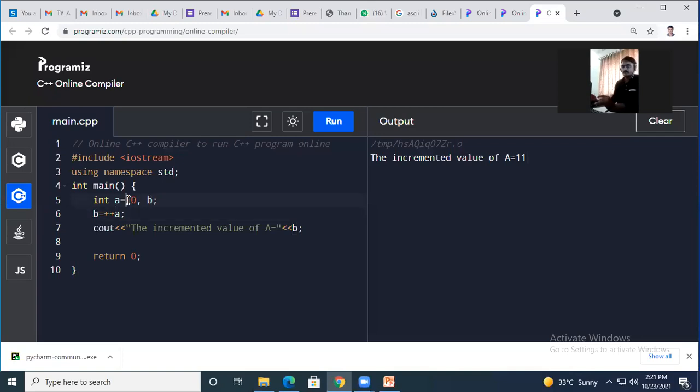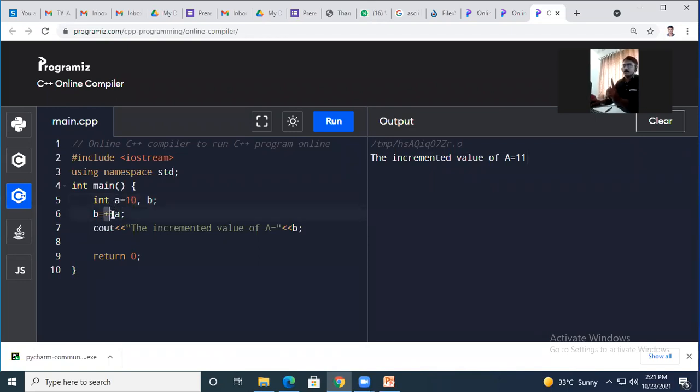Now check, I have assigned 10 to variable a. Now what I did on the next line: b is equal to plus plus a. This plus plus is going to increment the previous value of a by 1. What is the previous value of variable a? 10.